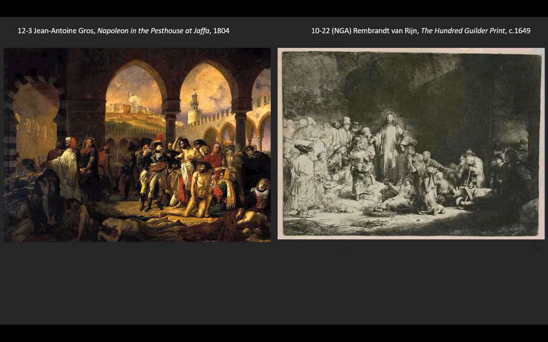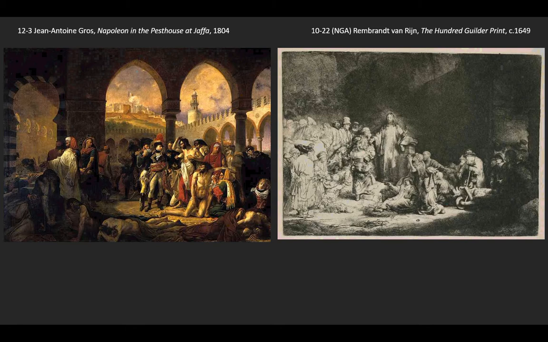a number of different images of Christ. We looked at Rembrandt's 100 Guilder print, where Christ is asking for the crippled to come to him to be healed by his touch. Gros is picking up on this idea, almost as if Napoleon can heal by his touch. Of course he can't, but if we go back to political theology from the Middle Ages, French kings in the Middle Ages were believed to be able to heal by their touch. And Gros is sort of picking up on that idea and making Napoleon almost a Christ-like figure coming to save his troops